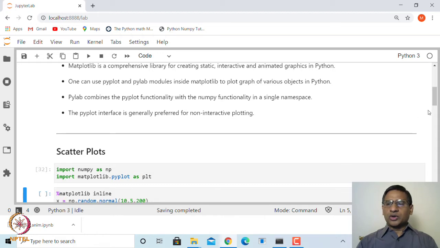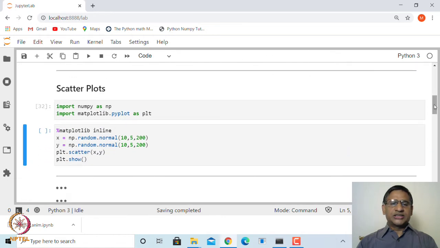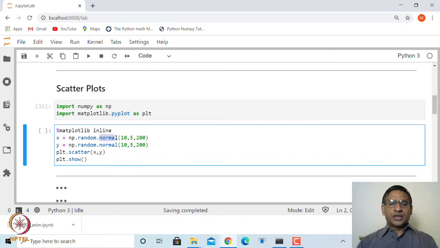Next, in order to plot a set of points, let us generate 200 random points which are normally distributed with mean 10 and standard deviation 5. So, both x and y are 200 random points normally distributed with mean 10 and standard deviation 5, and that can be obtained from the random library inside numpy using the normal function.